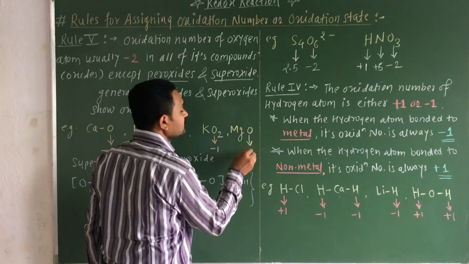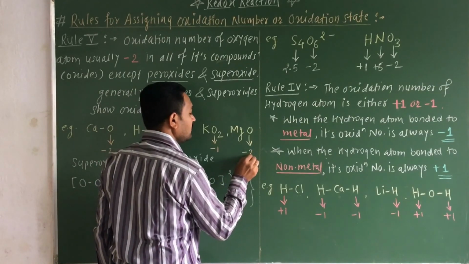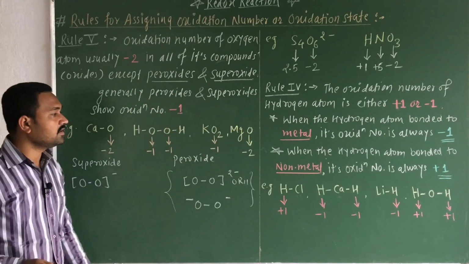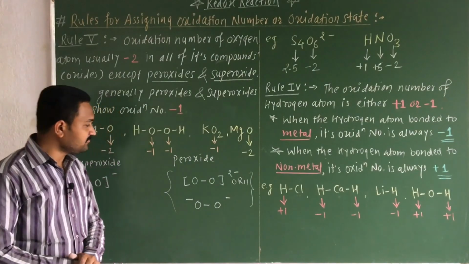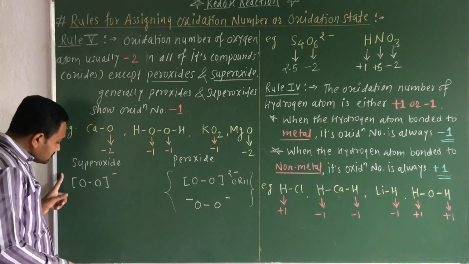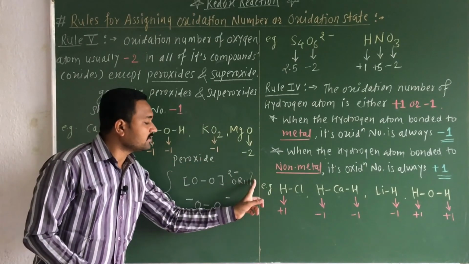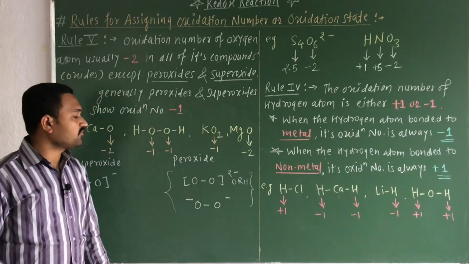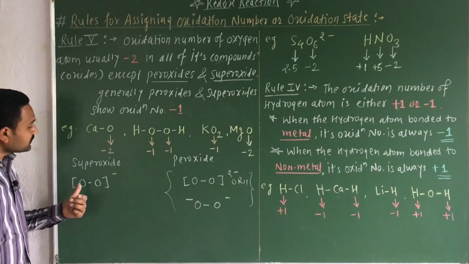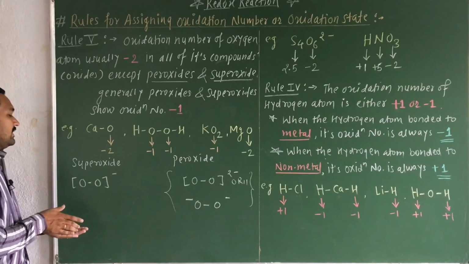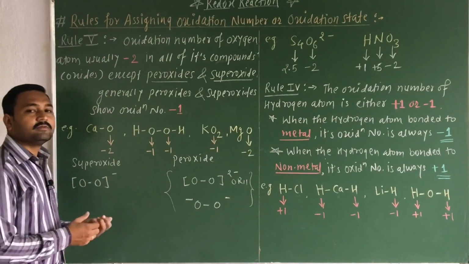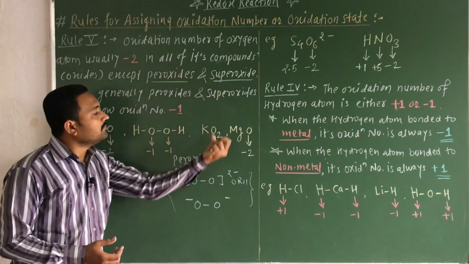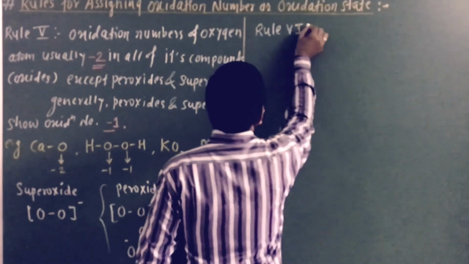Now for the rest, you can take magnesium oxide also as another example, that is MgO. So here again there will be the oxidation number -2, as it is an oxide compound. So this rule is very simple. Remember, so many students make mistakes while considering the oxidation number for peroxides and the superoxides. Okay, either it may be the molecule or it may be the ion.